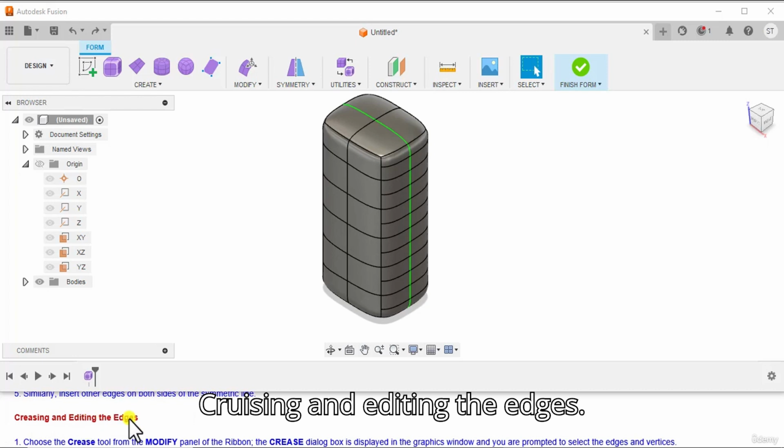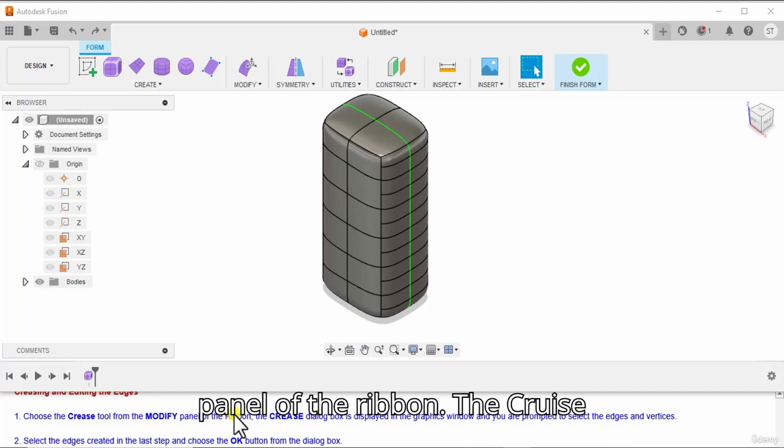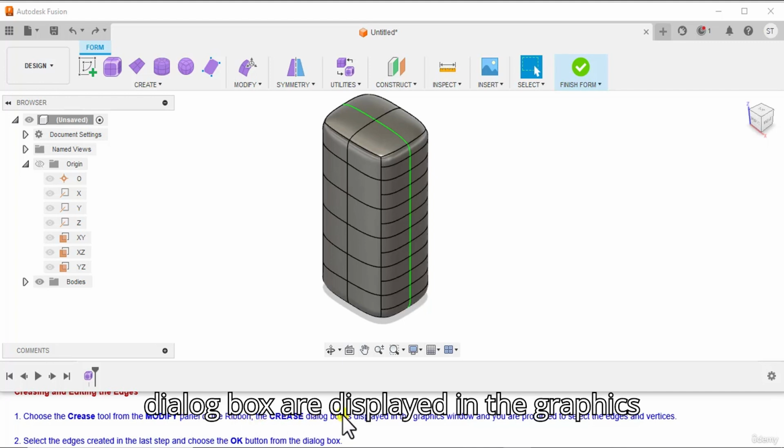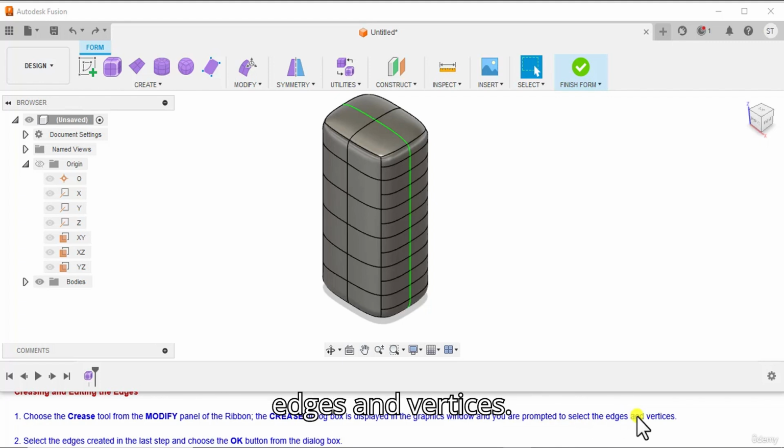Creasing and editing the edges. Choose the Crease tool from the Modify panel of the ribbon. The Crease dialog box is displayed in the graphics window and you are prompted to select the edges and vertices.